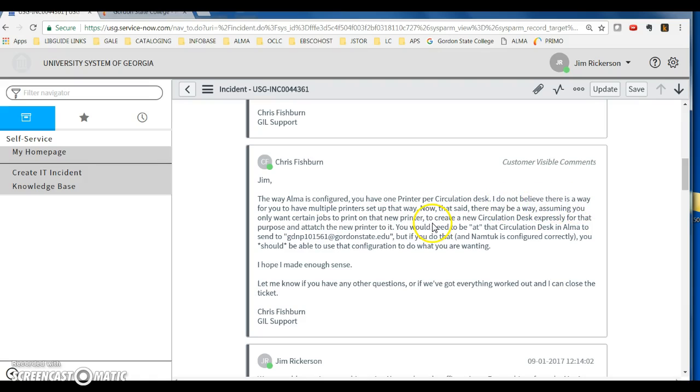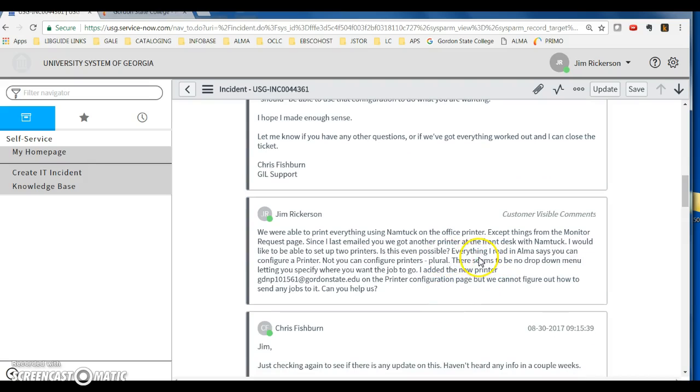I do not believe there's a way to have multiple printers set up that way, which what I said was I was saying that everything I read in Alma says you can configure a printer, not that you can configure printers plural, and that there doesn't seem to be a drop-down menu letting you specify which printer you want the job to go. So I told him I added the new printer, but I couldn't figure out how to send